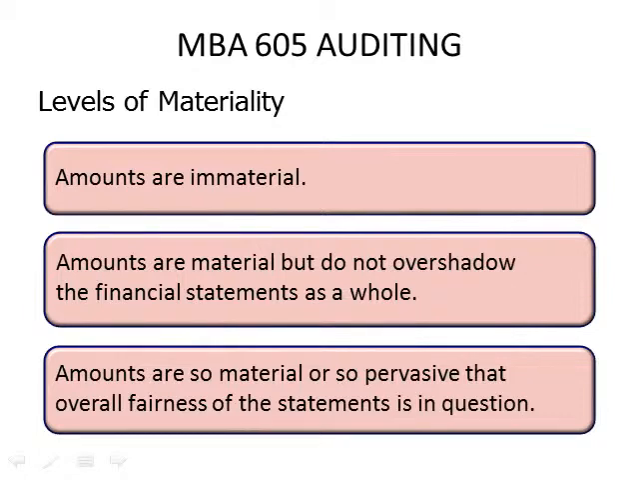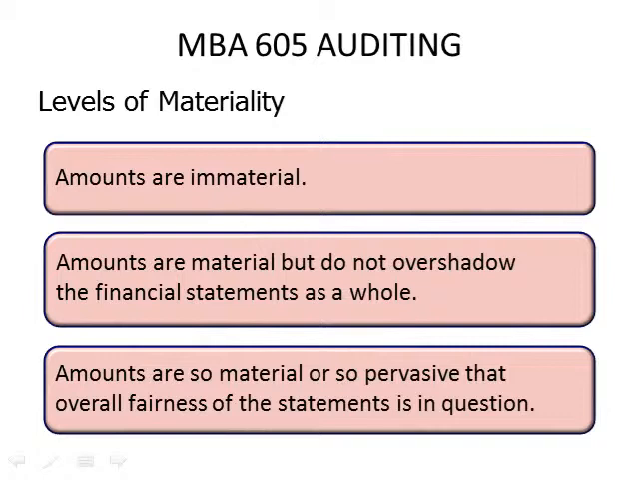So, levels of materiality. The first level is that the misstatements are immaterial. There's an error, there's a misstatement, but it's not material. Secondly, the amounts are material, but they do not overshadow the financial statements as a whole. In the audit opinion, we're not auditing one statement or two statements. We're auditing all the financial statements, and the audit opinion speaks to the financial statements taken as a whole. So as long as the materiality doesn't overshadow or invalidate all the financial statements taken as a whole, it would not be material enough to result in a